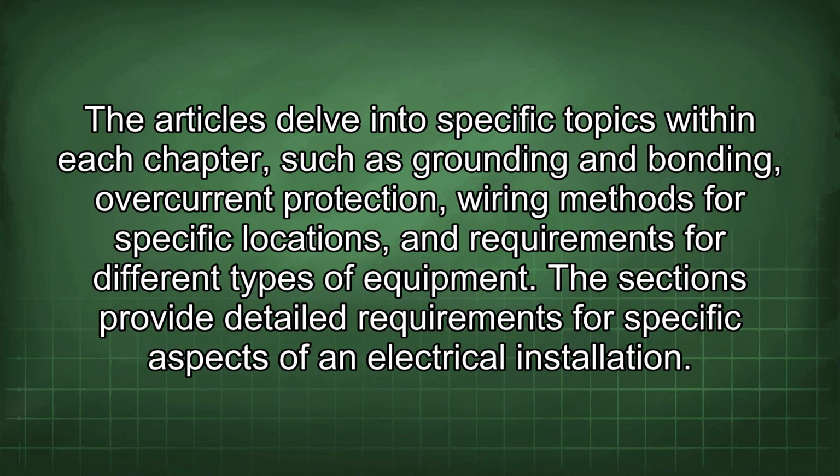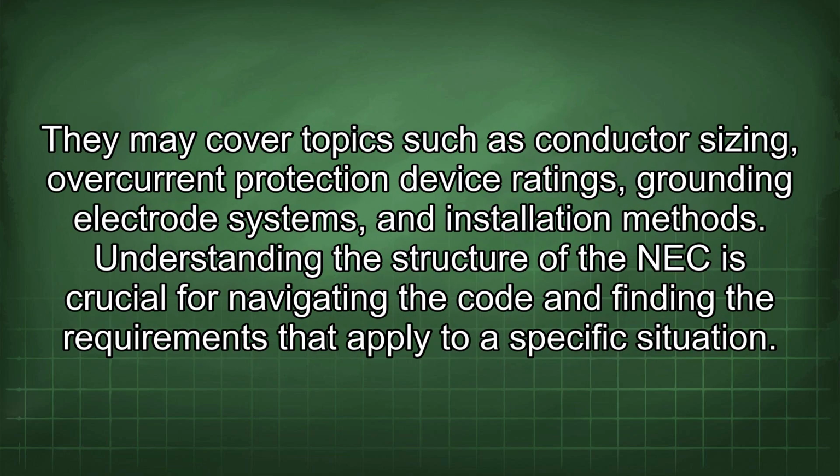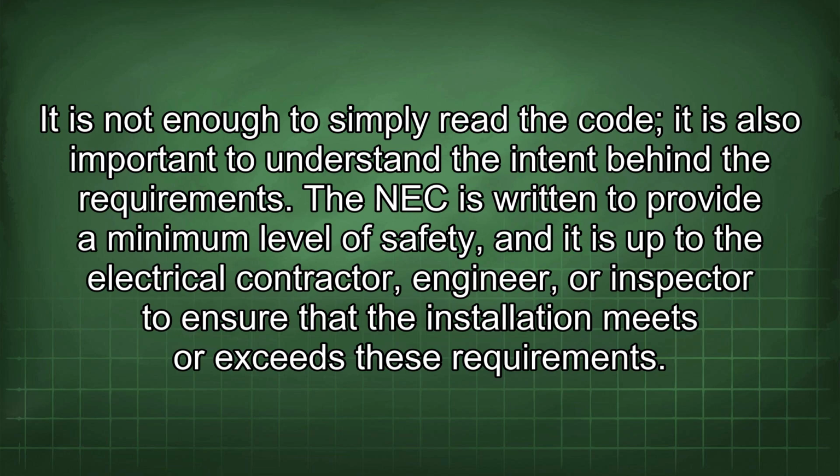The sections provide detailed requirements for specific aspects of an electrical installation. They may cover topics such as conductor sizing, overcurrent protection device ratings, grounding electrode systems, and installation methods. Understanding the structure of the NEC is crucial for navigating the code and finding the requirements that apply to a specific situation. It is not enough to simply read the code, it is also important to understand the intent behind